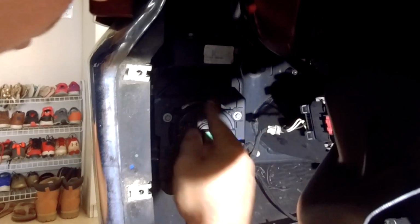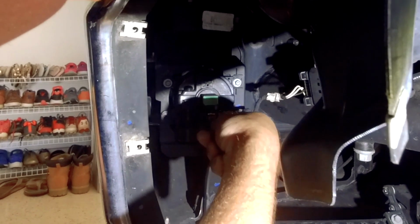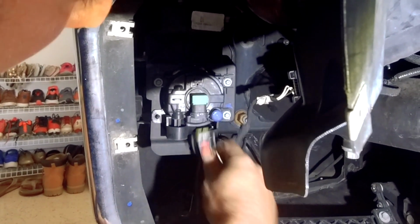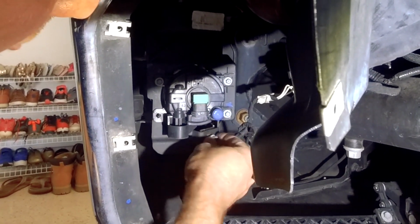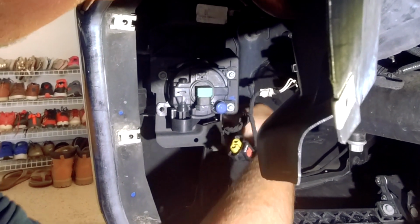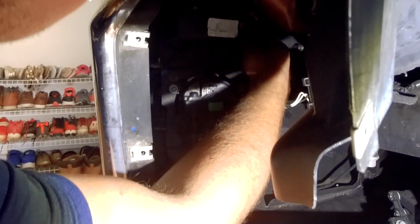All right, we went ahead and loosened up all the 5 10mm bolts. Now we're going to remove the fog light connector. You want to pull down on the red tab and then press in and unplug it. You can set that aside. We're going to be working with this in a minute, and I'll demonstrate how to do a little bit of repinning, which is real easy. So I'll go ahead and unscrew